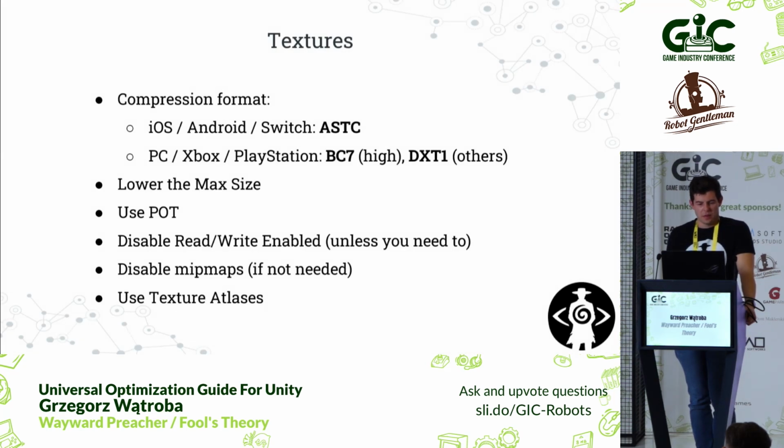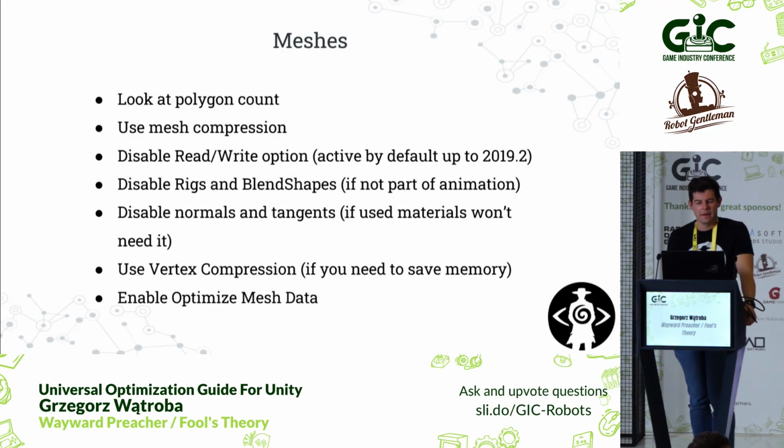Okay, so a bit about assets, textures. It's worth going over those assets and tuning them up according to the target platform and disabling unnecessary settings. What is more, try using texture atlases. It will allow more objects to be batched, organize assets better, and reduce loading time as well, so it's beneficial all the way. With meshes, also strip all of the settings you don't need.